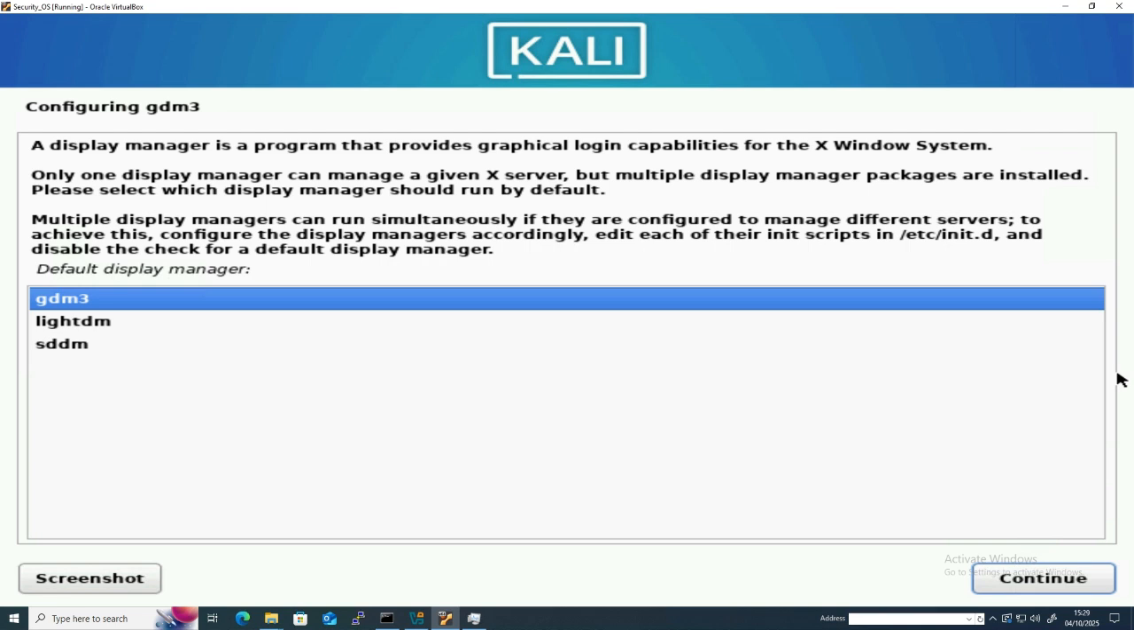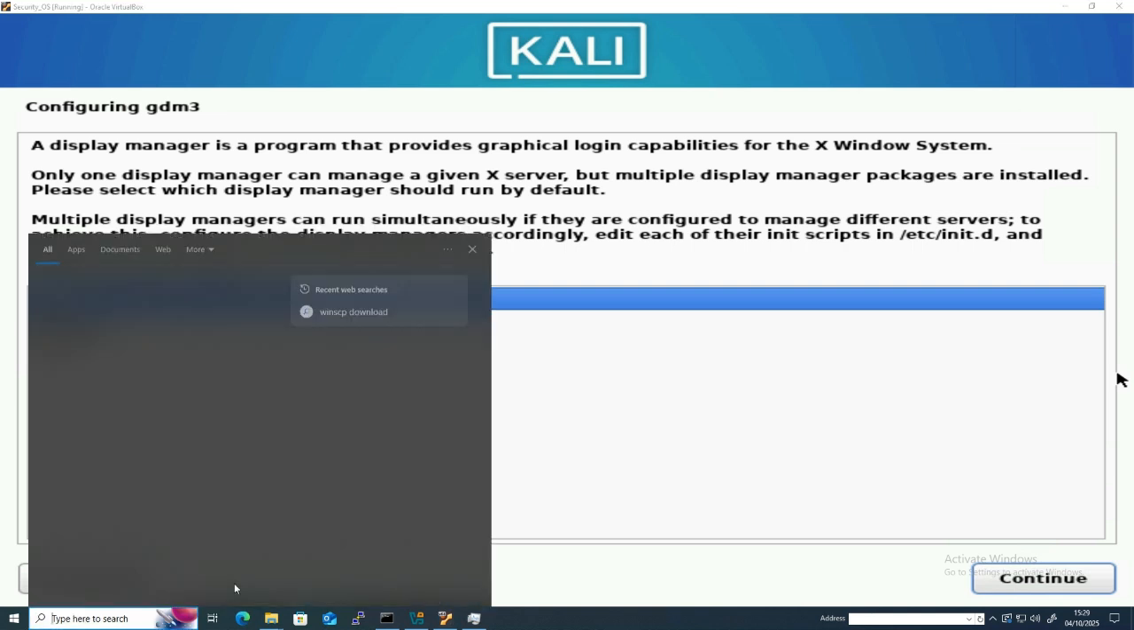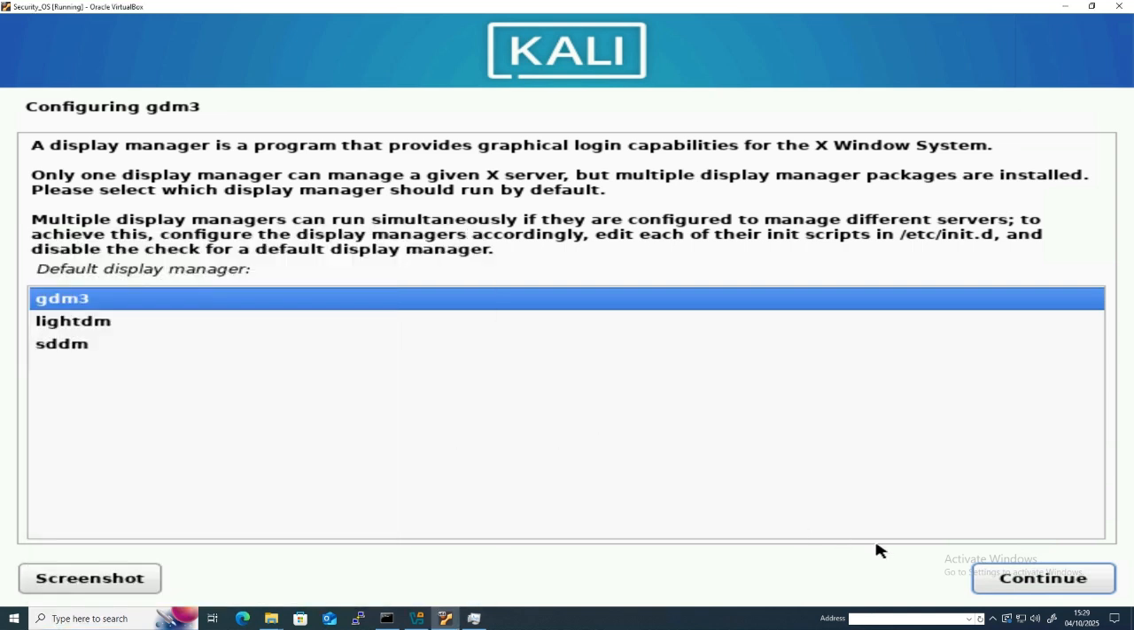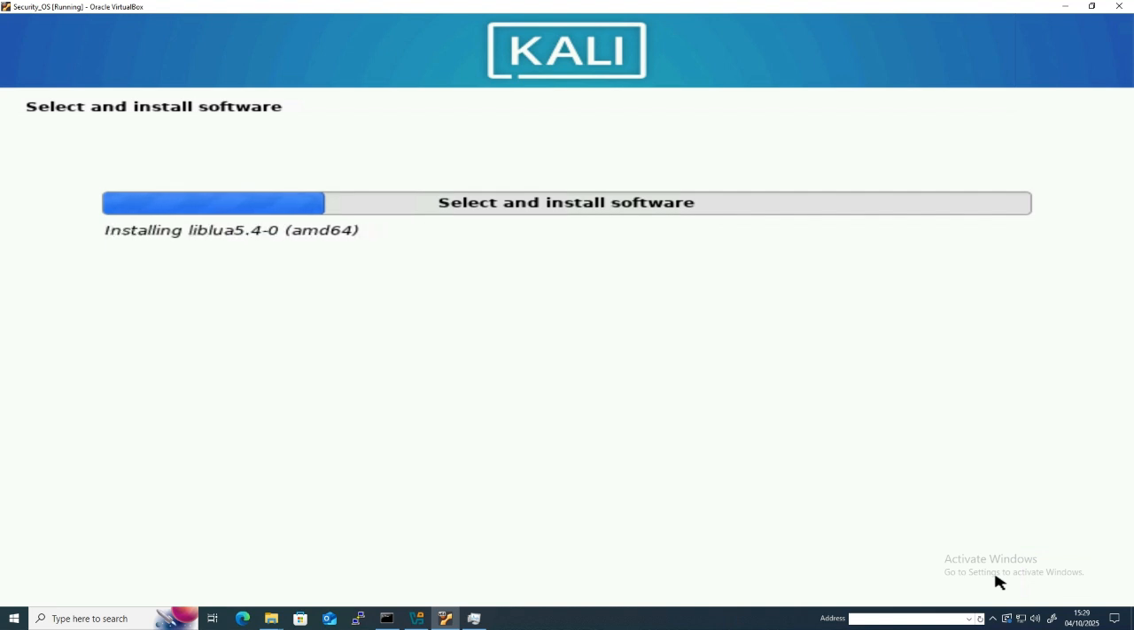So it asks what should be your display manager. So I would select GDM3, continue, and it continues. So it will ask a few questions on what kind of environment you would like. Okay, and it's pretty much straightforward installing Kali Linux, because before coming into this concept, you should have known how